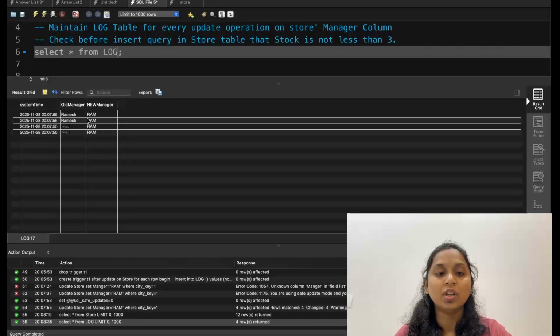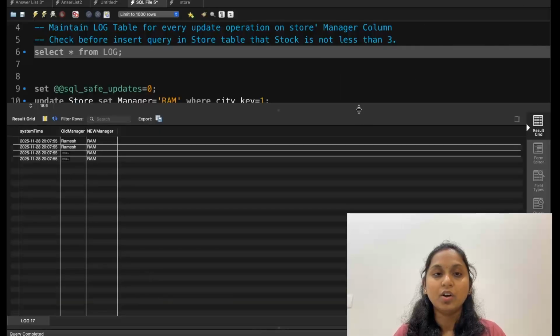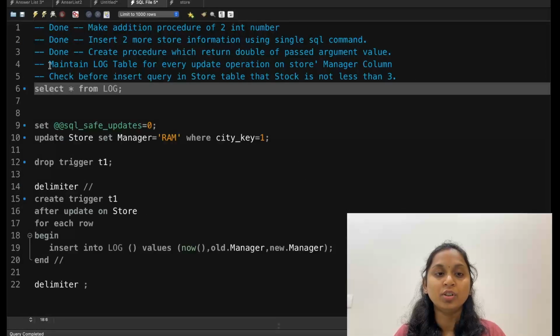So before this we have a Ramesh, and for the last 2 we didn't assign any manager. So that's why they are showing a null value. Fine. So this way you can assign a specific trigger with a specific action. I hope you understand this. Now as we have completed our 4th problem,